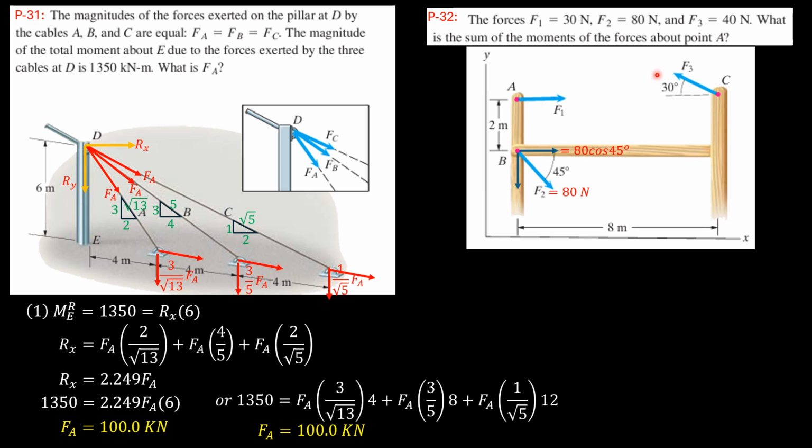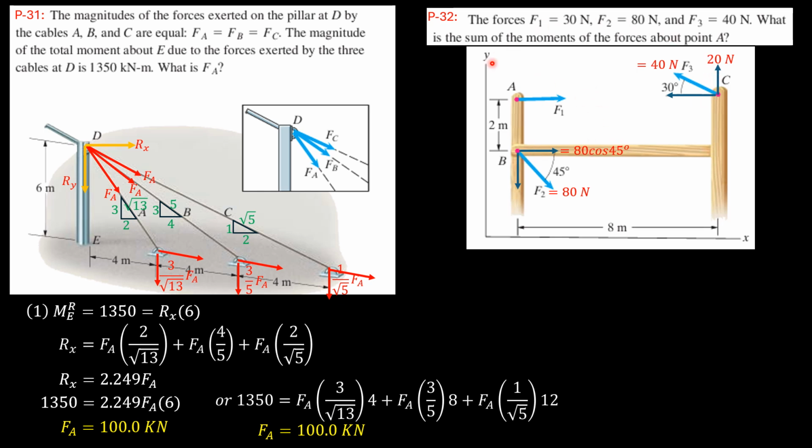Likewise for F3, which is 40 newtons, the horizontal component passes through A, so it has no moment about A, and the vertical component is 40 sine 30, so it is 20 newtons as shown. So there are only two components of these forces that have moment about A, and both are